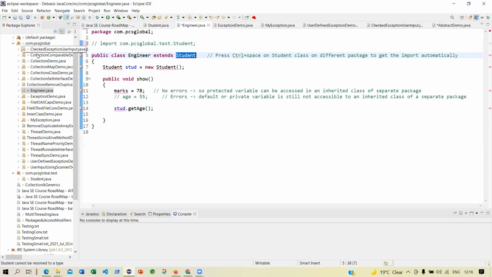Are you seeing any student.java here? No. So how will the compiler find it? Therefore, you have to say that I want to import. You don't mention another package. In a single file, there can be only one package, the package which says where your engineer file is. But if you want to use another class from a different package, you have to import that class. This is a class, and this class is available under this package. Any confusion?